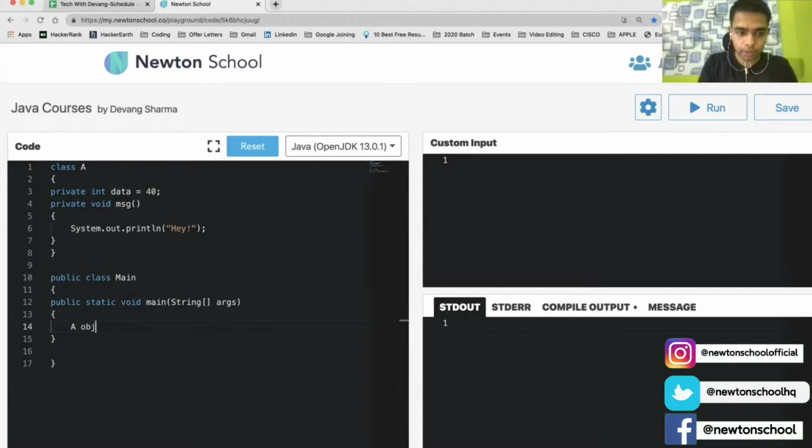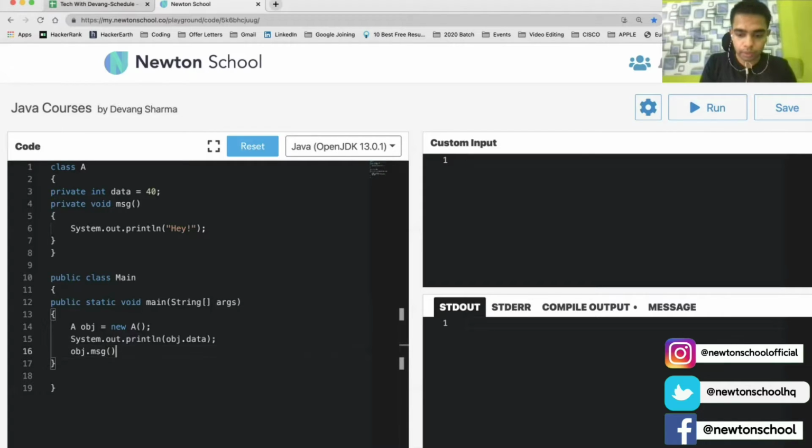So A obj equal to new A. I get an object of it. Now, if I try to print obj.data, and obj.message. What should happen?